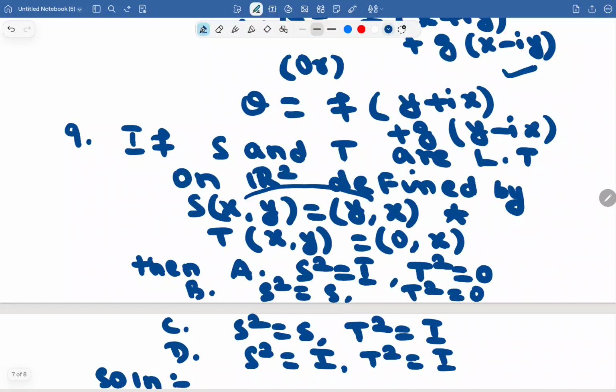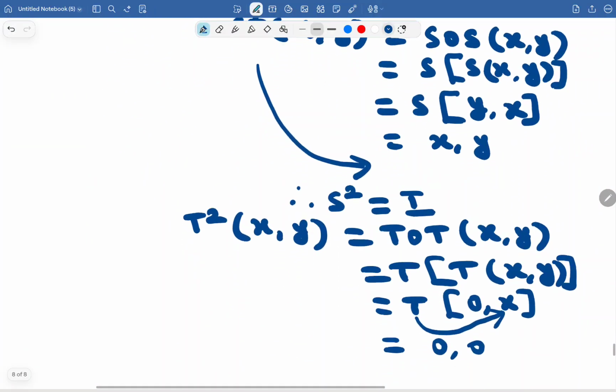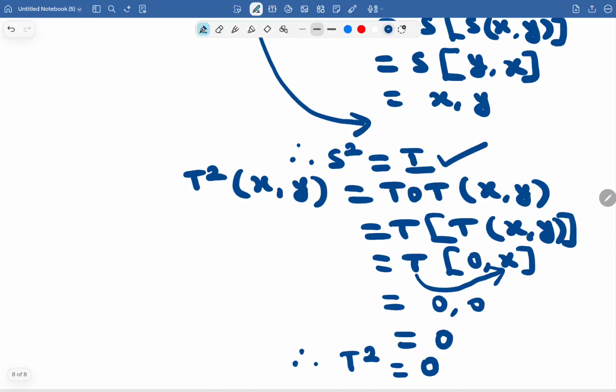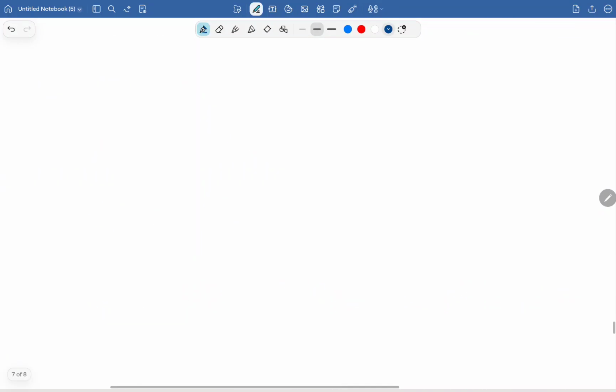See, the image of x comma y under t is 0 comma x. That is, t of x comma y is 0 comma x. For t of 0 comma x, the first position 0 is taken as 0, and for x, the image is 0. Therefore t square of x comma y is 0 comma 0, which is equal to 0. Therefore t square is 0, s square is I. First option